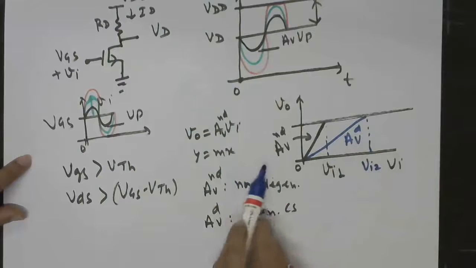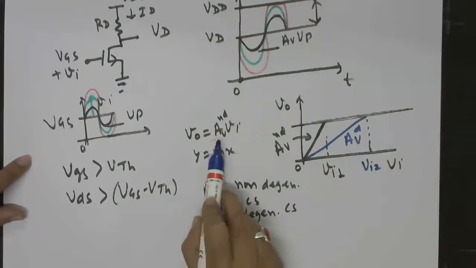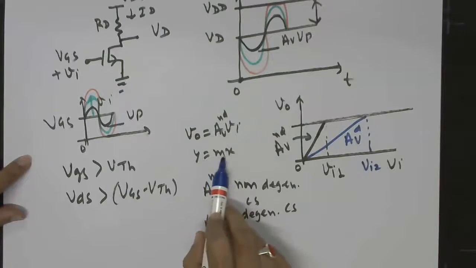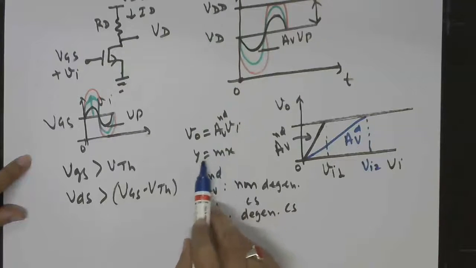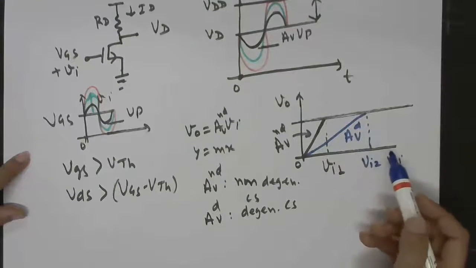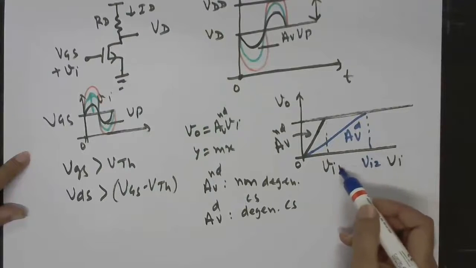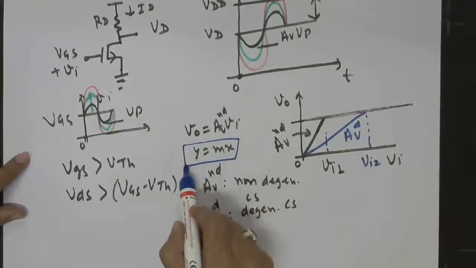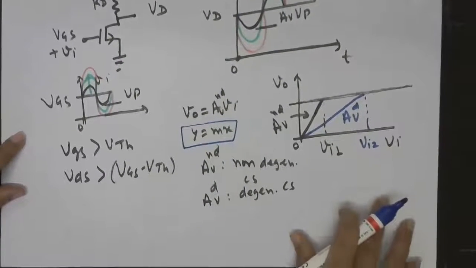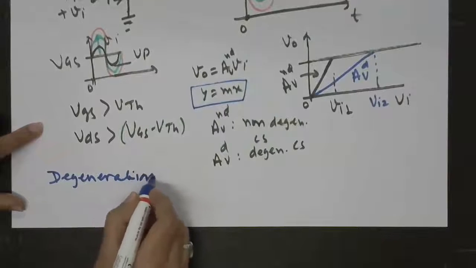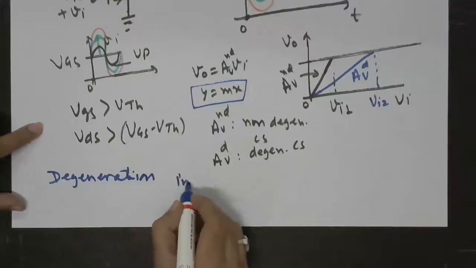Right? So here we see that this formula for the gain is of y is equal to mx, and this equation is a linear equation. Superposition is valid here. So we say that when we sacrifice the gain, we increase the linearity. That means we increase the range of the input over which the equation will be of linear type, y is equal to mx type. So we see that degeneration increases